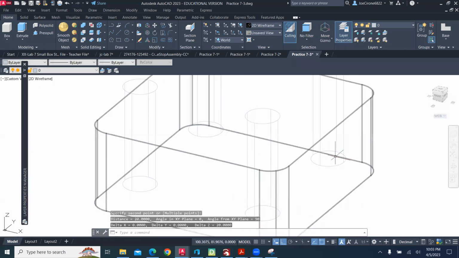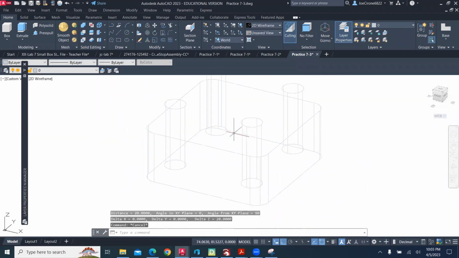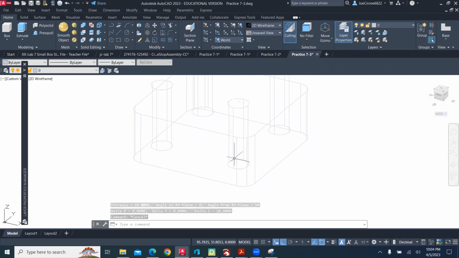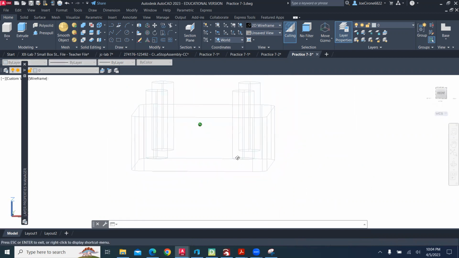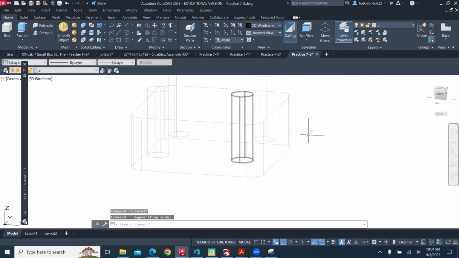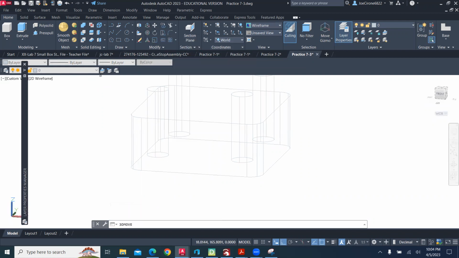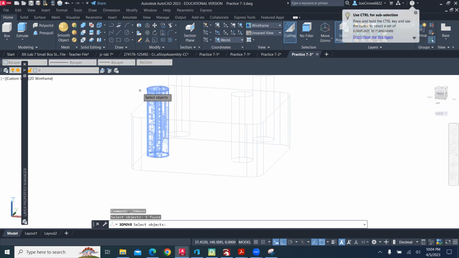20. And so I want to measure and see, the difficulty is they had us push these down, or at least I moved them. And I'm not sure the exact amount that I have there. But if we measure the distance from the top of the cylinder, 25. So let's move it down 5 and look at it, and then we'll move it another 5 if we need to. So we can go and grab the move, grab one of these cylinders, hit enter, grab a Z-axis,